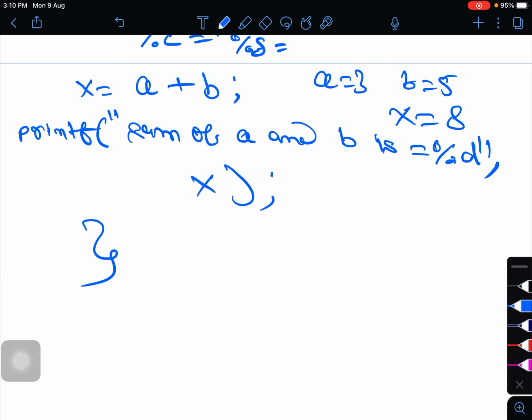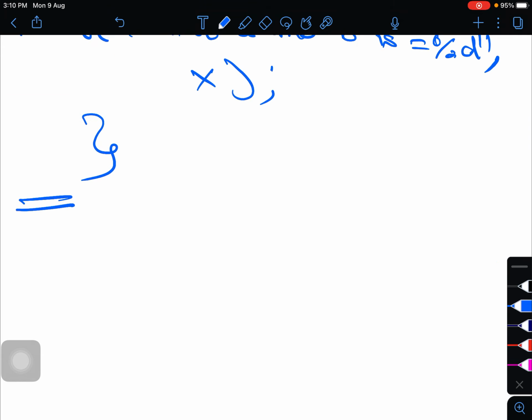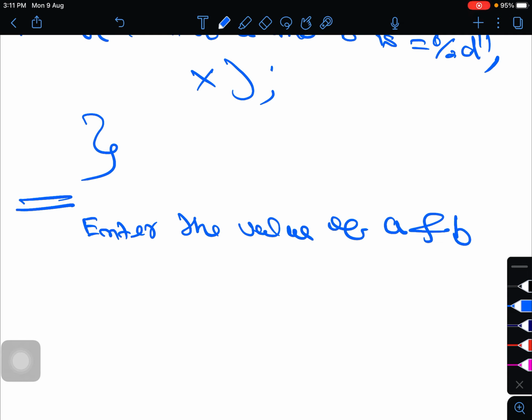When you run this, at first you will see on the screen, enter the value of a and b. The user will enter the values. Suppose the value of a is 3 and the value of b is 5, then you will get x is equal to 8. Okay, students.